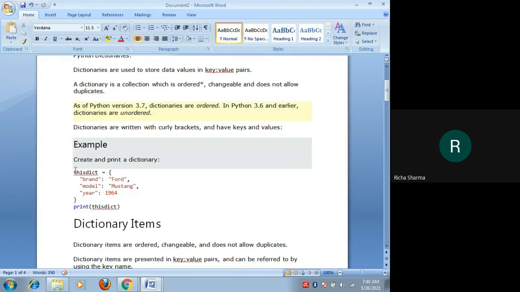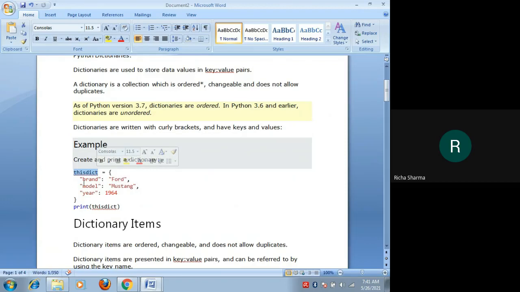Here is the format: first we will name our dictionary. Like here we have named the dictionary this dict, equal to, then we will pass curly braces, an opening curly brace and a closing curly brace. And in these curly braces, we are having three key value pairs. Here in the double quotes we are having the keys, and after the colon we are having the values.